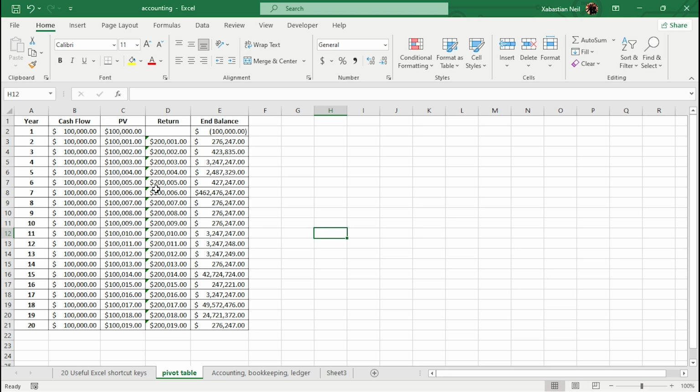First of all, you're going to need a value, or an array of data. All of the data must be divided into several categories. As you can see here, I have years, cash flow, PV, return, and end balance. I have imbalanced data and I didn't add in minus cash flows, so most of them are minus cash flows, but yeah,